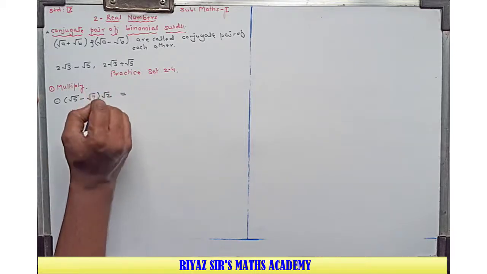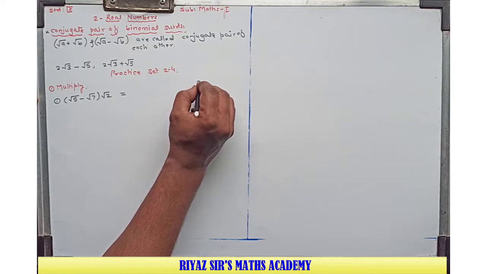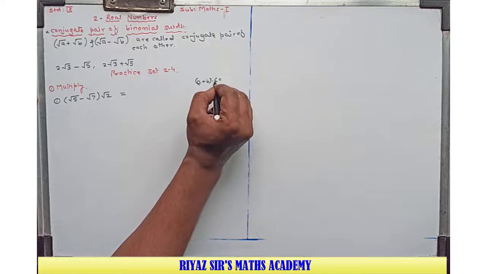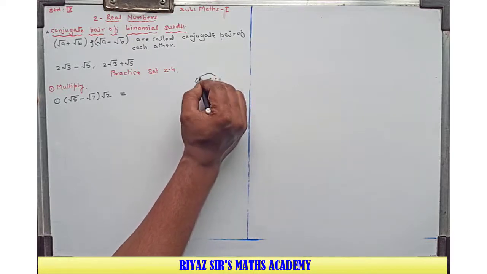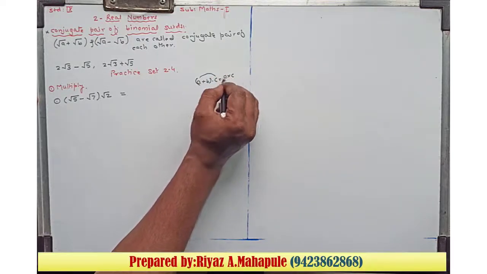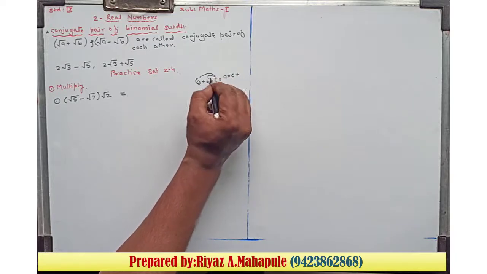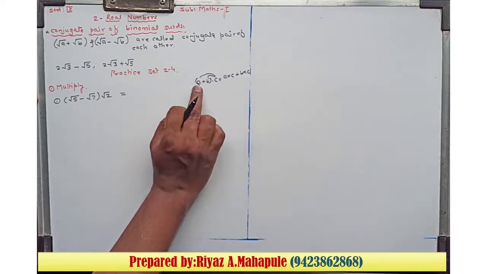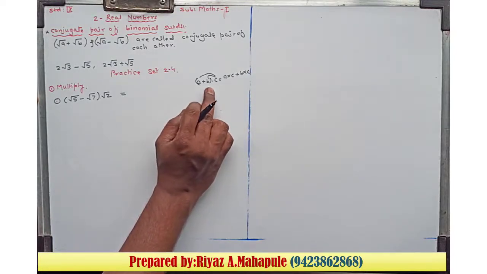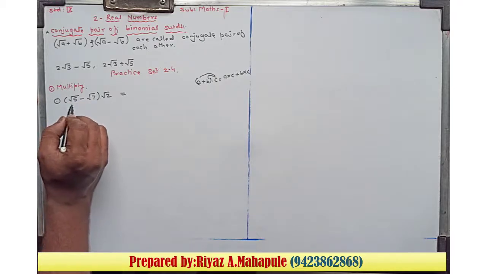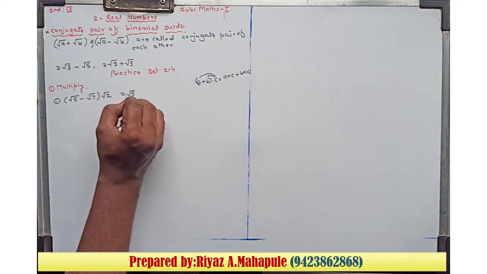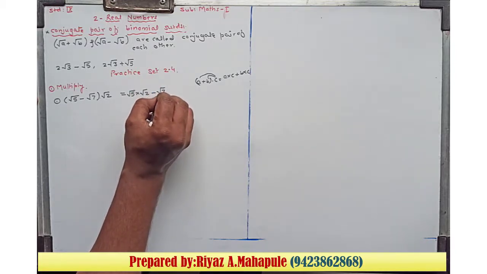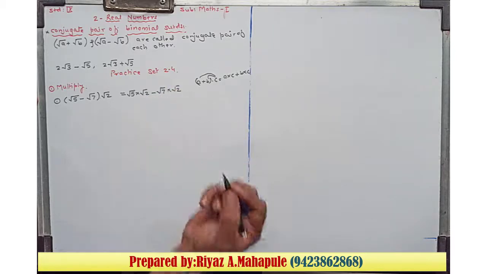Now this multiplication we have to perform by our basic rule, that is (a plus b) into c. How we can multiply? First we multiply this c with this a, so you will get a into c, then middle sign plus and then b into c. यानी आउटसाइड की टर्म से क्या करना है हमको? अंदर के दोनों टर्म्स को मल्टीप्लाई करना है. Okay, so same rule we have to apply here. So this √5 into √2 minus this √7 into √2, like this.